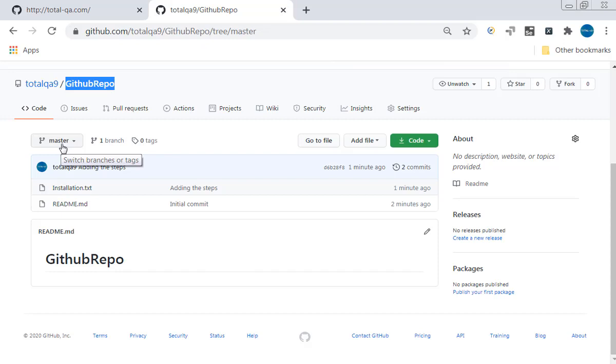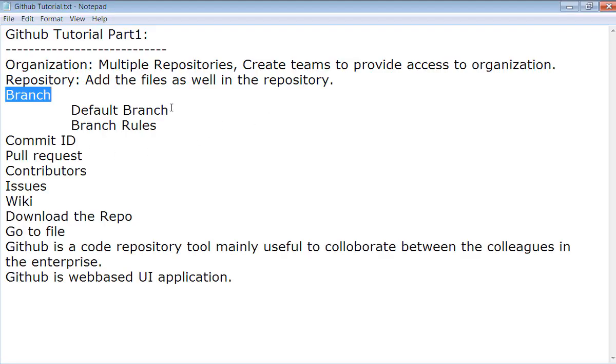And also in a repository, there should be a default branch always. That is master branch. If required, we can even change the branch master to some other branch as default. But as of now, when you create a repository, what is the default branch name? It is master branch. Default branch name is master branch.